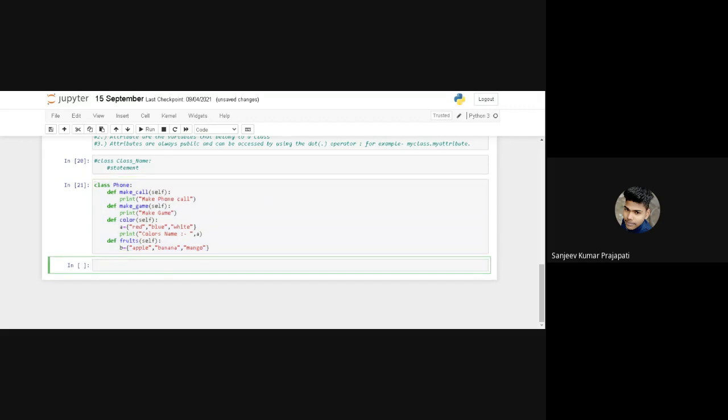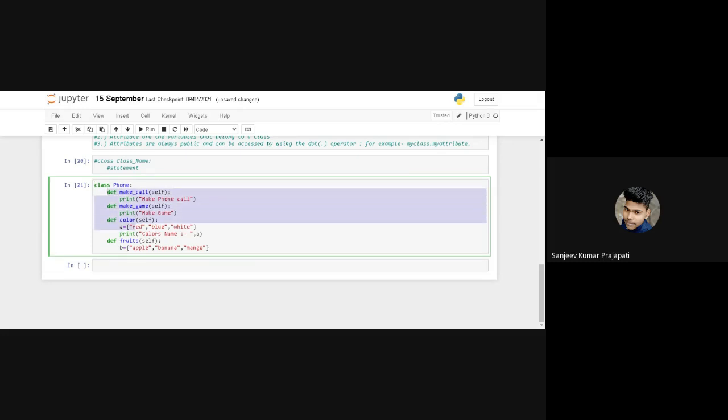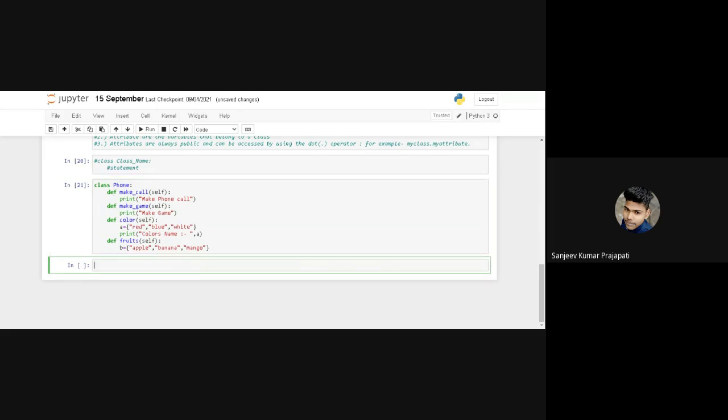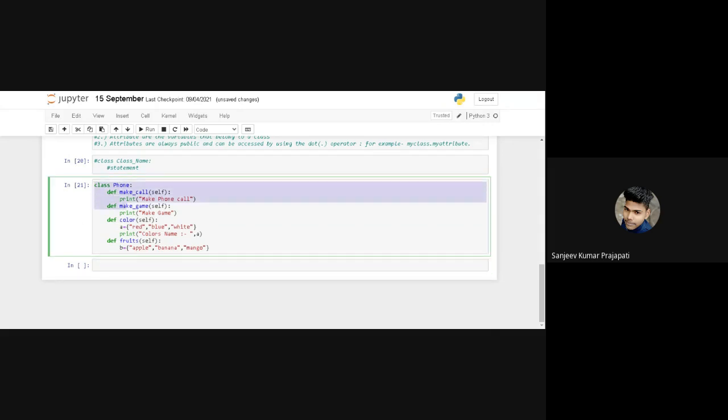Okay, so how to call this class and how to call these functions, like make_call, make_game, colors and fruits? Firstly we have to create a class, and after that we have to create an object of this particular class. So how to create an object? P is my object, equal to Phone.